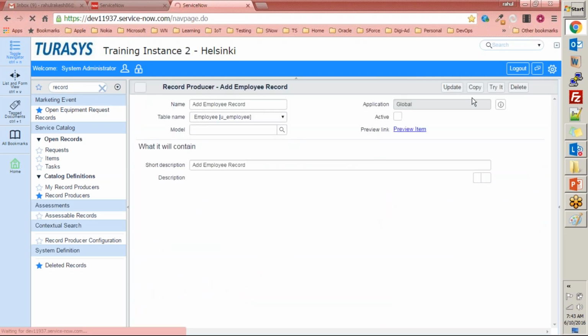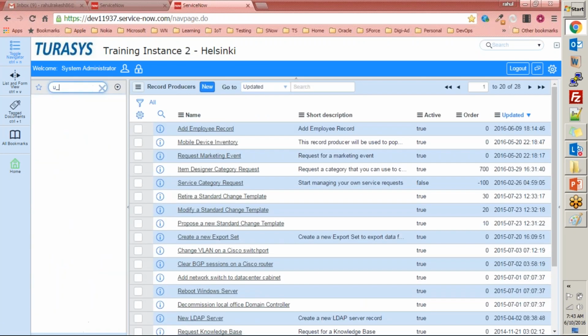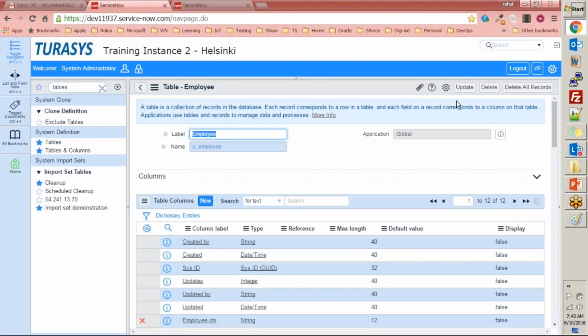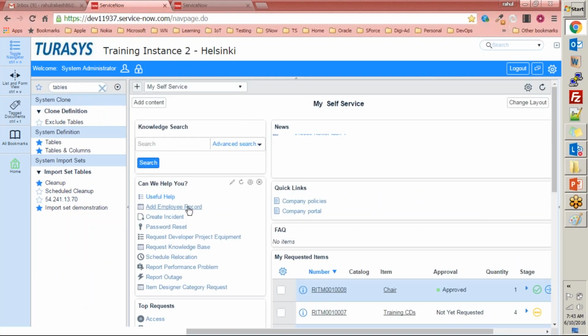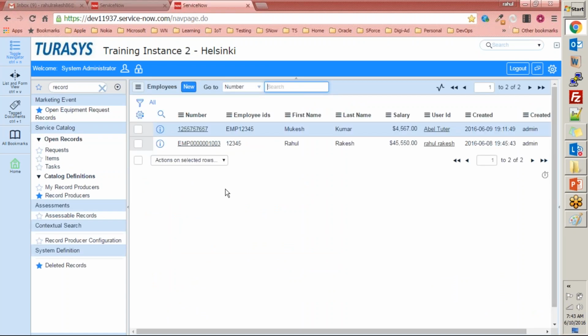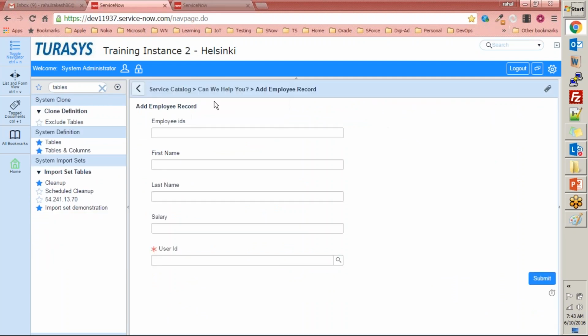Let me see if I deleted that. Update it. What is u_employee.list table? Have it here. Table employee. It can go here. See, I went ahead and removed that number field from the service catalog item here, and now I can go ahead and put some employee ID,